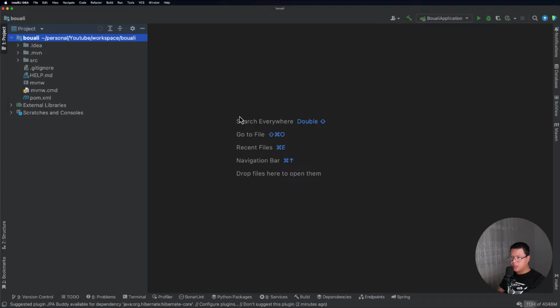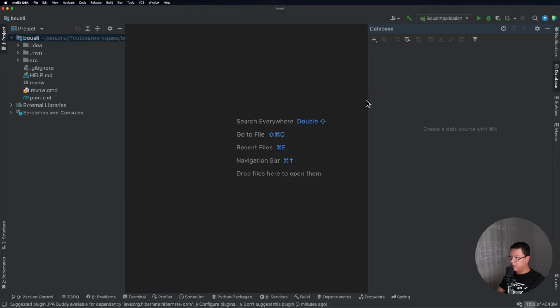Now I opened our generated project using my IntelliJ. This is the IDE I prefer working with, so I highly recommend it. But first, let's go ahead and connect to our database. To do so, if you have the full version of IntelliJ, not the community one, you will have a database tab or panel here where you can connect to your database. So you will create a data source in here, and you will have all the databases in the same place.